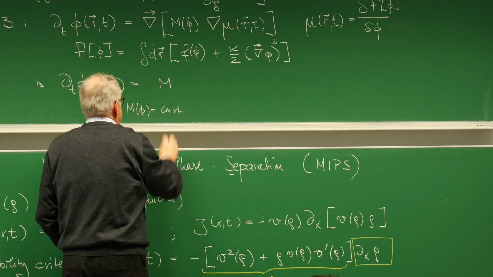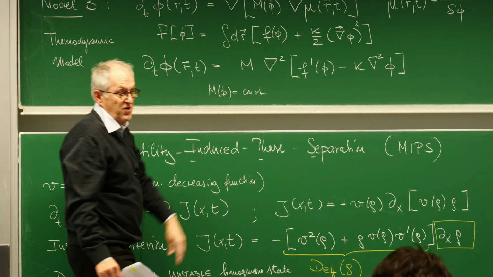Good. So that's the structure that you have when you have a purely thermodynamic model. And from the local part, as I just emphasized before, you can achieve a similar structure also in a